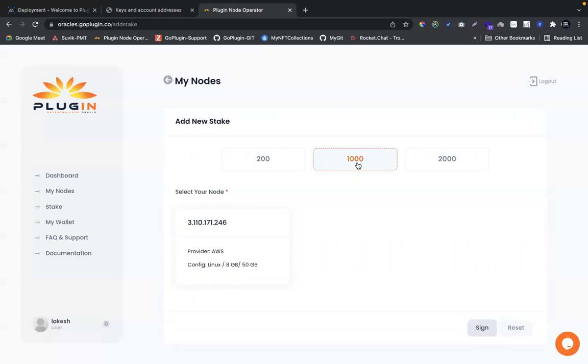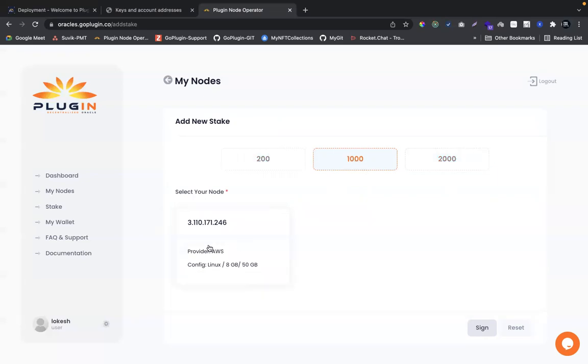If you are a 90% bounty winner, it will be pointed to 200. If you are a non-bounty winner, it will be pointed to 2000, right? And you cannot change it. I cannot change it. It is fixed by default. So don't try to change it. Even if you try, you cannot change it.